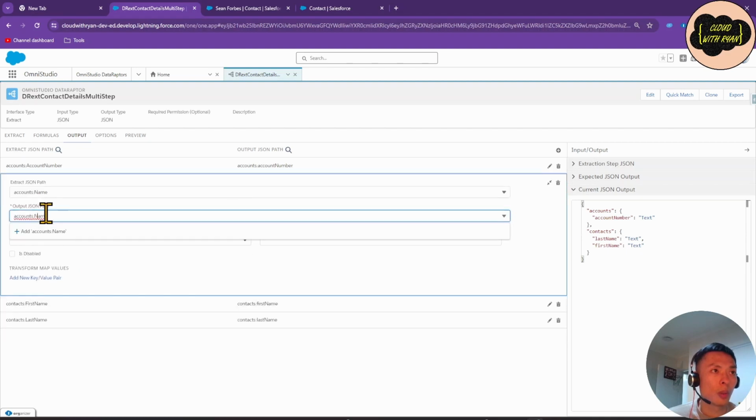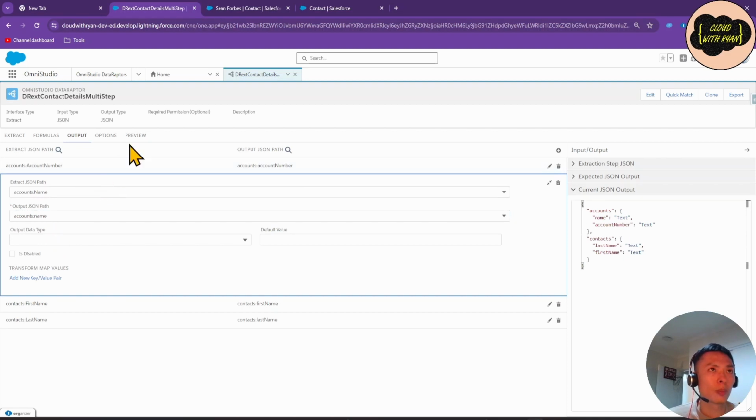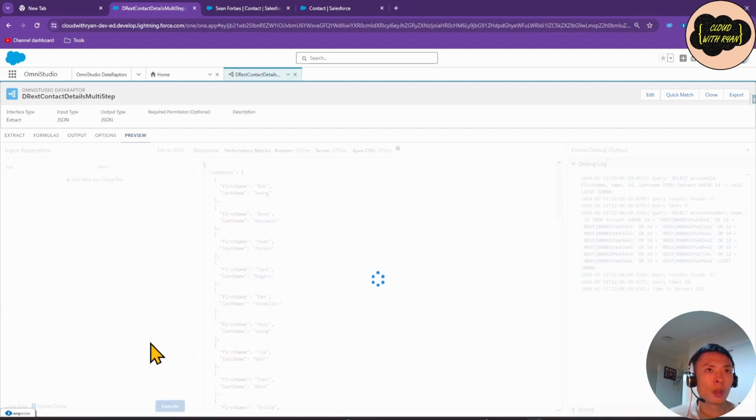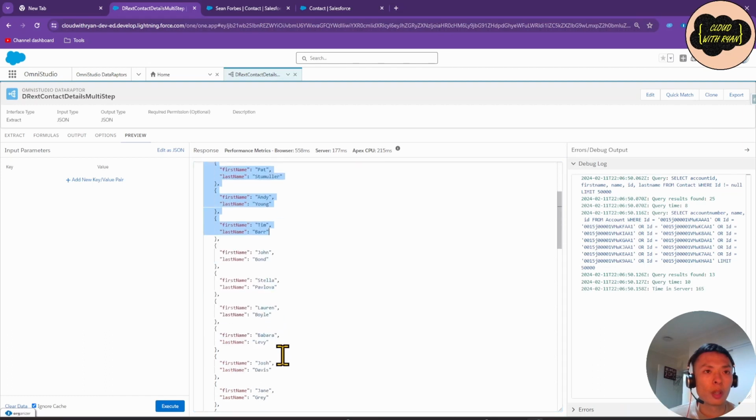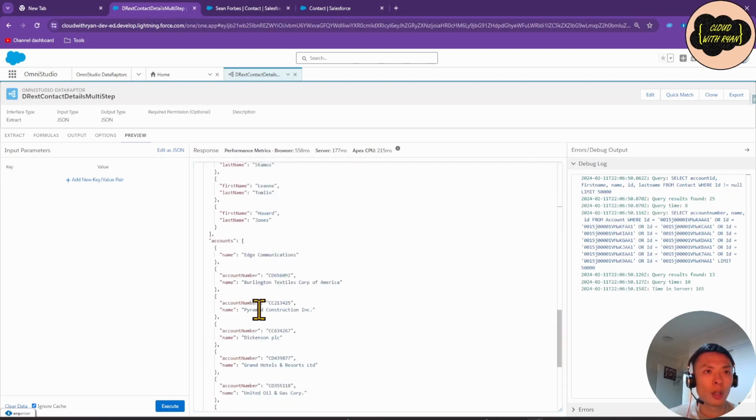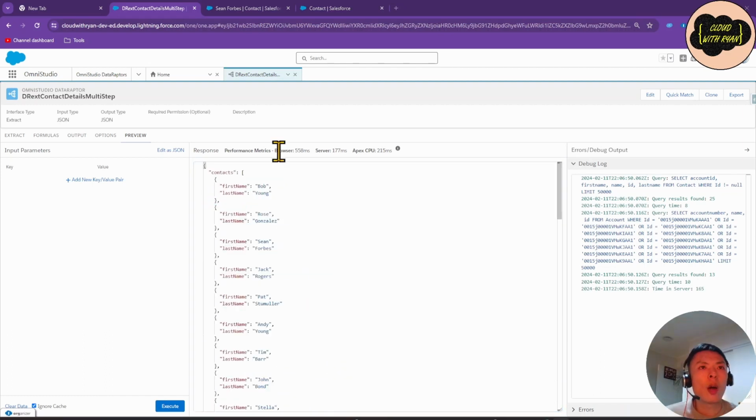Account name, keeping this lowercase. When we hit preview, now we are getting a bunch of contacts and all the accounts. Now, because we are only getting 2 fields from the accounts, and there's not a lot of fields on contacts,